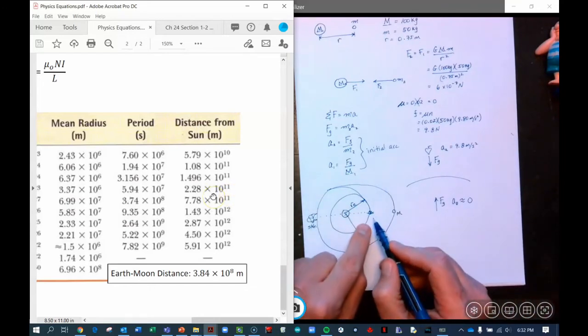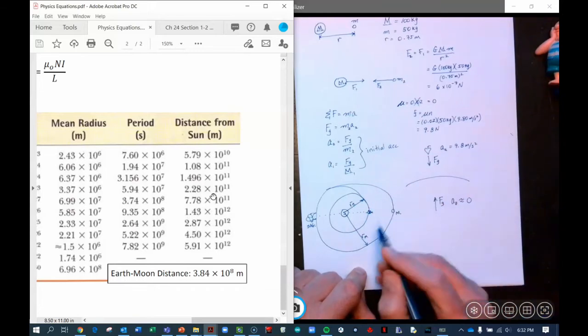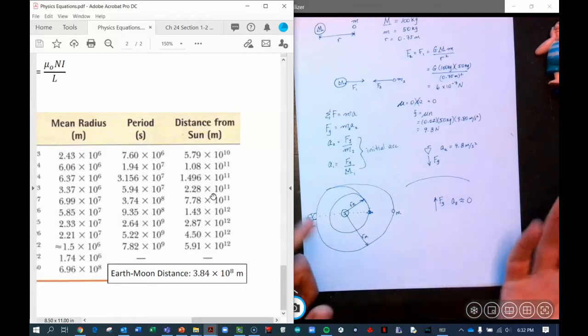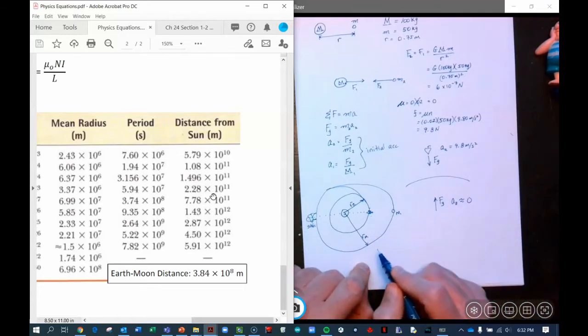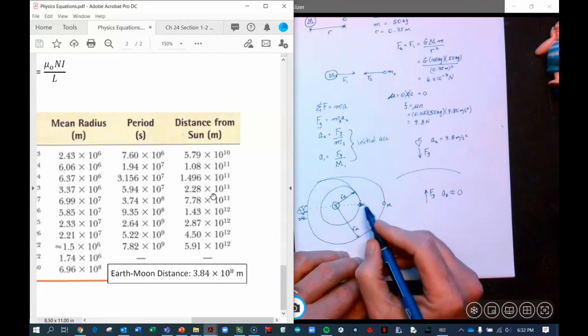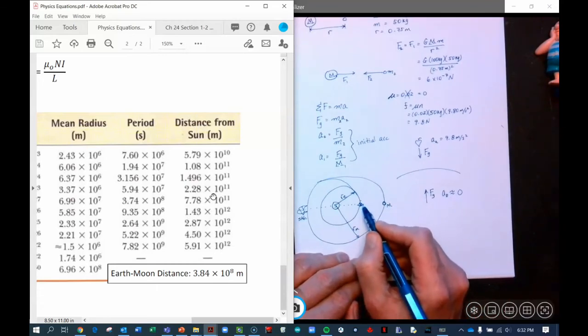In fact, if I were to draw this to scale, I wouldn't be able to use this pen, because this dot is not 10,000 times smaller than that distance there. You wouldn't be able to see the dot. So it's not drawn to scale. So the idea, again, is I want to know what is the effect of Mars's mass acting on the baby